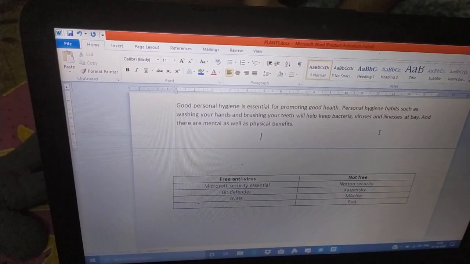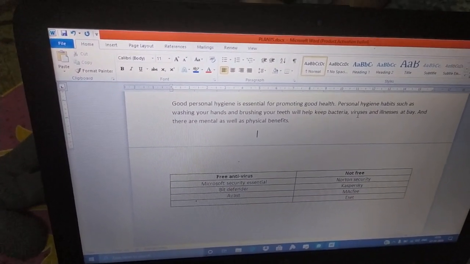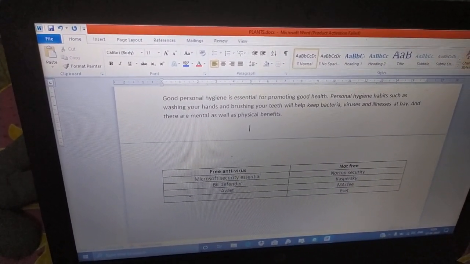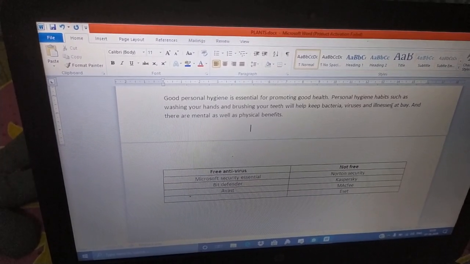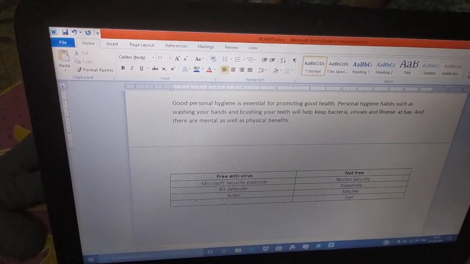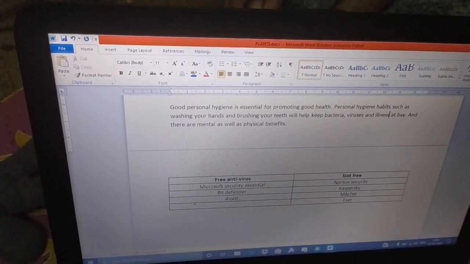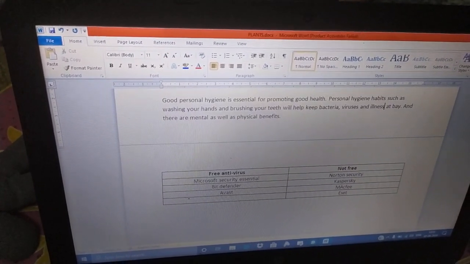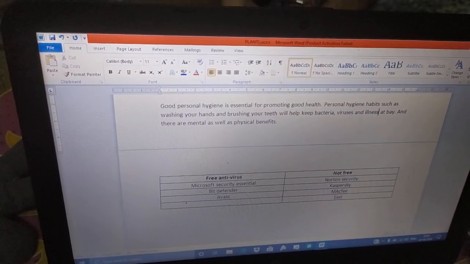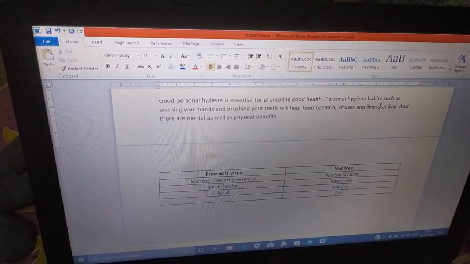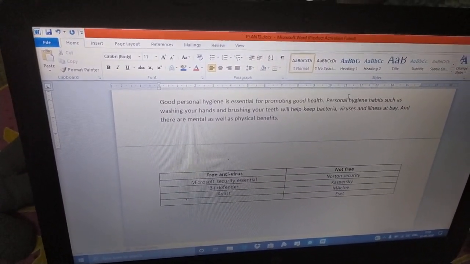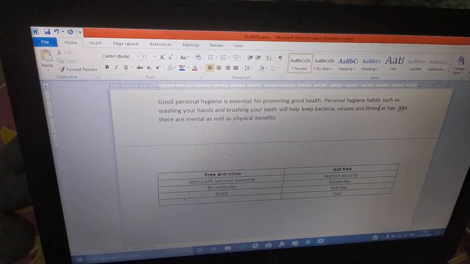Next, delete es from the word illness. See, it is deleted. Delete the word and from the third line. From the third line, delete the word and, that means this one.